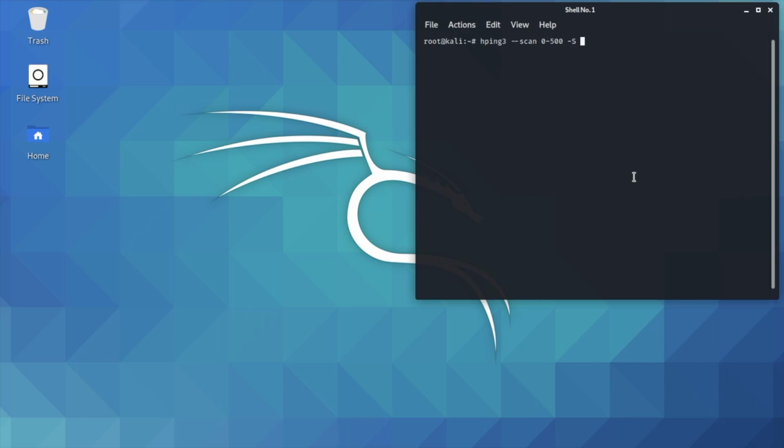As we know, for TCP communication, the TCP handshake is a very important step. The TCP SYN packet is the very first packet sent from the source to the destination for the handshake. So definitely we are sending the SYN packet, then we will get the response from the target machine. Now specify the target machine.